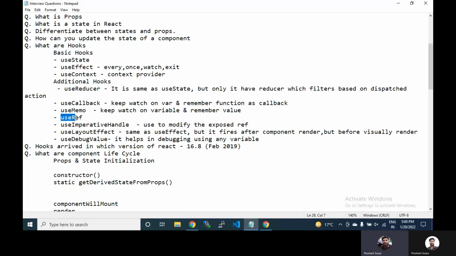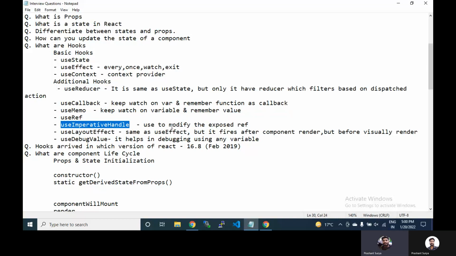Okay. What is useRef? useRef is the hook which is used in a functional component to create a reference to any element or component, such as a child component. What is useImperativeHandle?